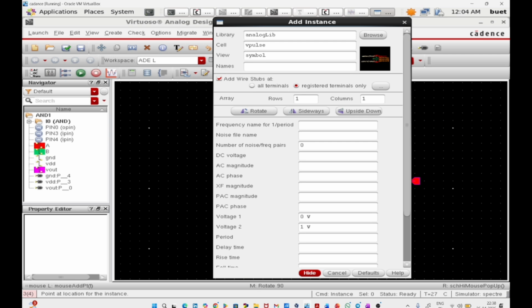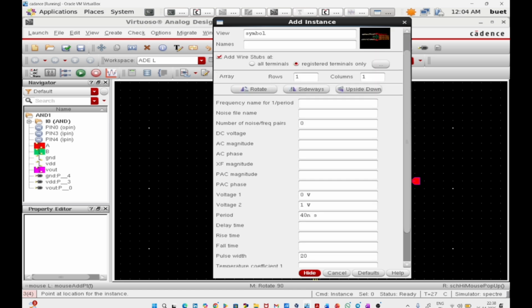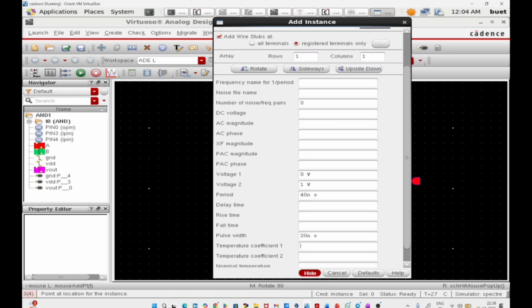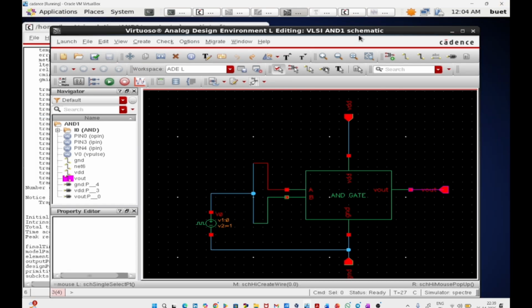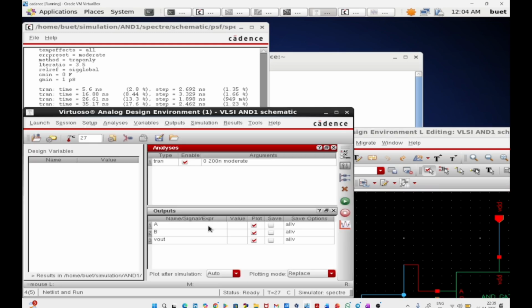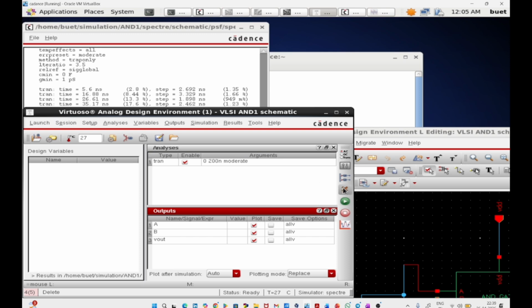voltage 2 as 1 volt, okay, then click on tab, period as 40 nano and the pulse width as 20 nano, then click on tab, then hide this, then place here, then click on escape, then click on W, connect here to here, then click on W, connect here to here, then click on W, connect from here to here, then click on escape, then click on check and save, then minimize this,